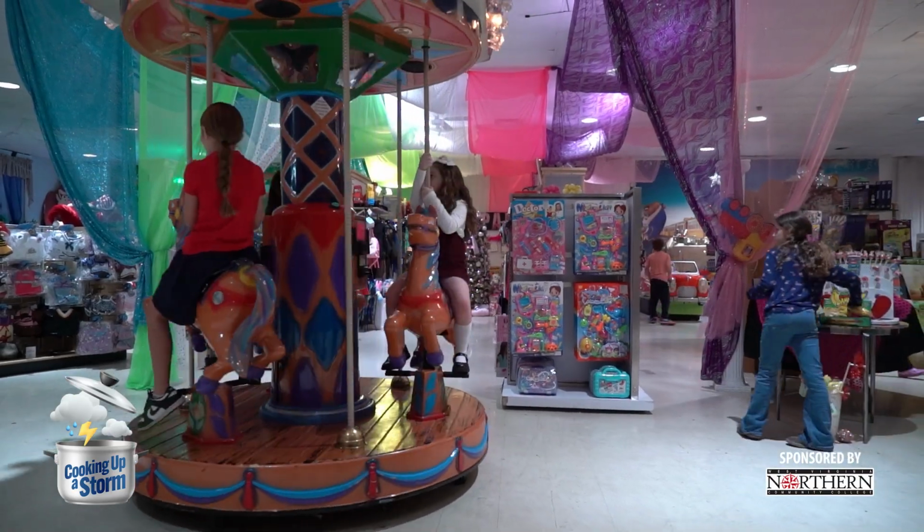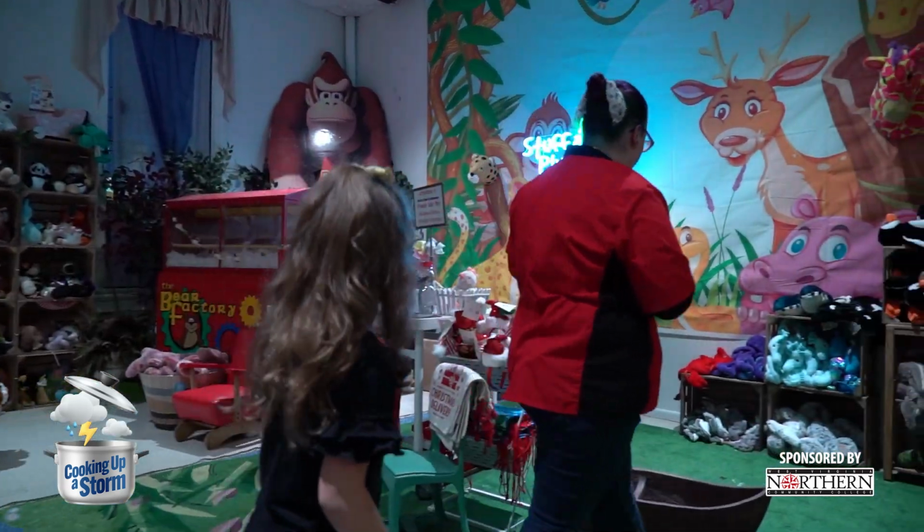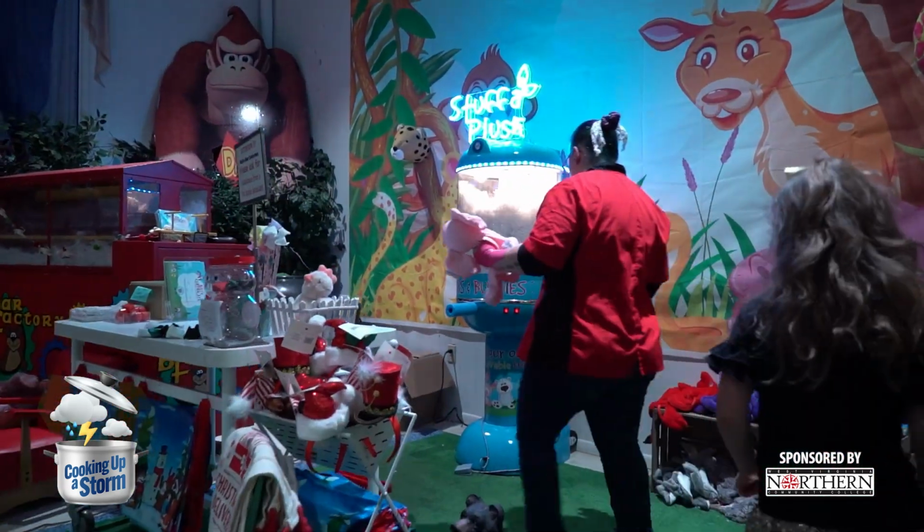There's an upstairs, there's a downstairs. There's everything from upstairs with kids riding ride-alongs. Remember the old things you put the quarters in and they ride along? I'm not even sure what they're called, but they're upstairs. And you can build your own stuffed animals upstairs. Downstairs,